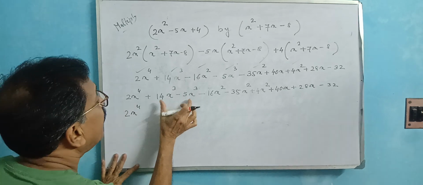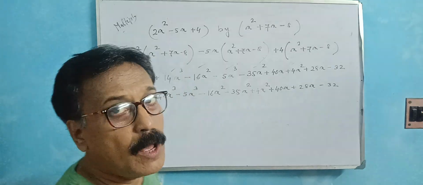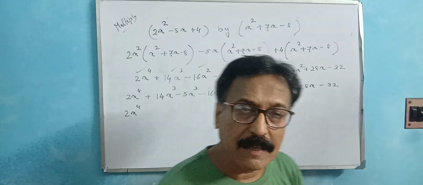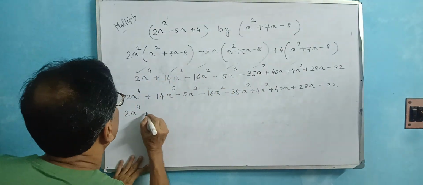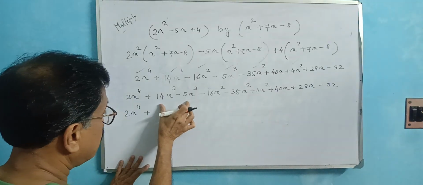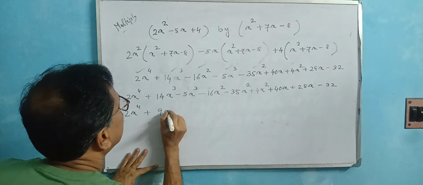Here is the like term, x cube and x cube, but the opposite sign. Rule of simplification, opposite sign, subtraction, the sign, which one is the greater value? Here is 14 the greater, so first plus sign. Now the opposite sign, subtraction, 14 minus 5 is 9, 9x cube. Okay,